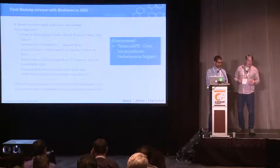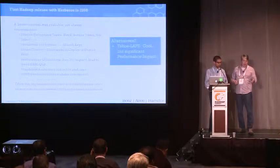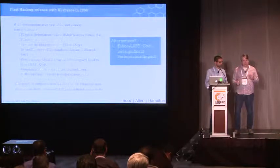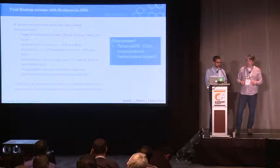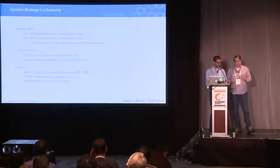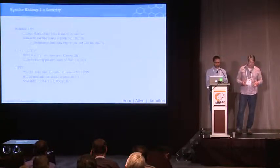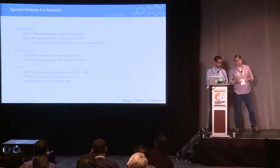Now, some of these things have changed recently. There were alternatives at that time. Some folks at Booz Allen were looking at using Tahoe-LAFS, the least-authority file system, to provide protection of the data in HDFS as an alternate to HDFS. But things have gotten better over time. And with the Hadoop 2 release, we have a bunch of different things that are secured. These are the three main things that needed to be secured in the Hadoop 2 release